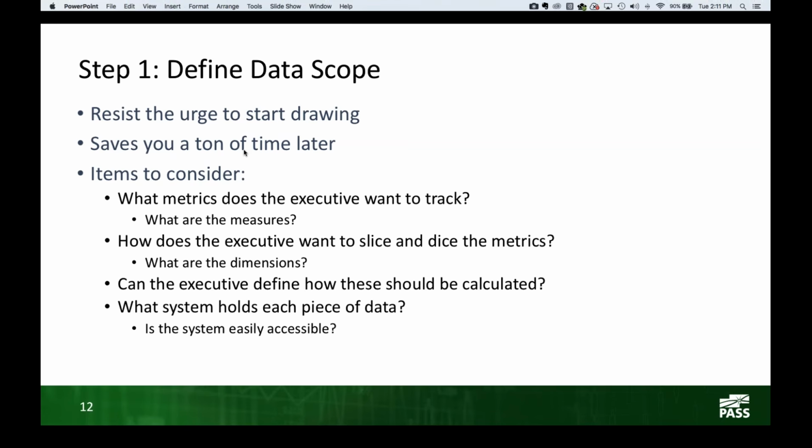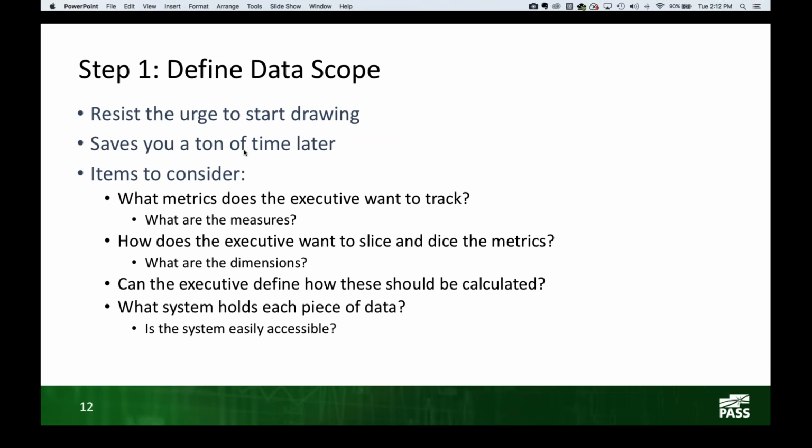Now, I know some very high-level keynote speakers at business intelligence conferences that will go in and say, if the executive cannot define how things should be calculated, the consultants won't even do business with them, because it's that important. It's that important that these need to be able to be calculated. Now, I'm assuming for the sake of this conversation that most of you are like me and we can't afford to throw away work. And so we'll walk through a process of how you go about doing that whenever your executive isn't ready to go down that path.